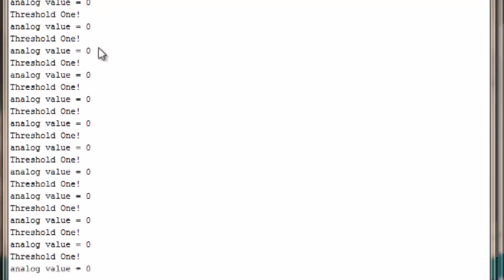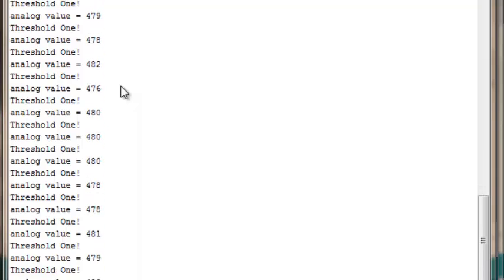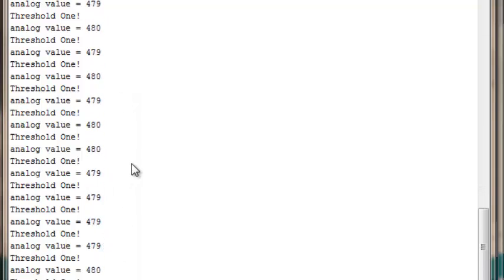And open our serial monitor. And now it will still be at that 0 range. And notice our analog value is at 0, so I can start to turn the potentiometer. Say I turn it, and I can get all the way up there. See, I'm right here at these 480s. I haven't reached 511 yet, so I'm still in threshold 1. Well, if I go past that